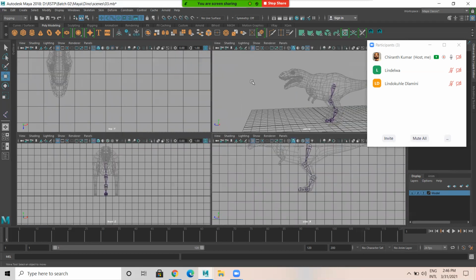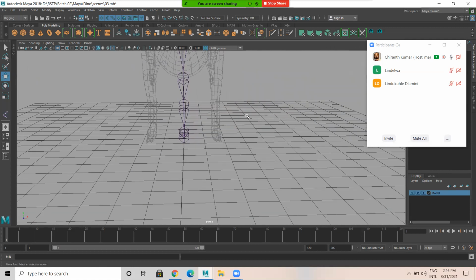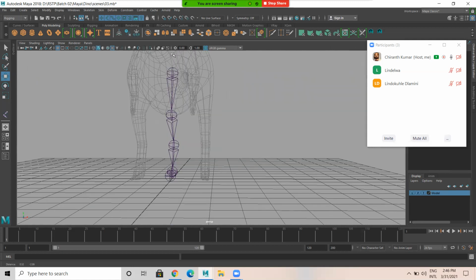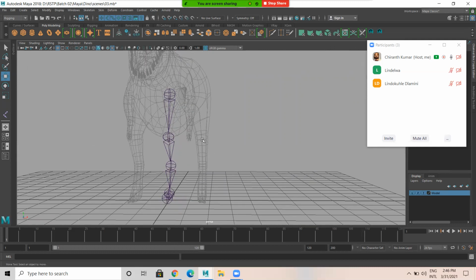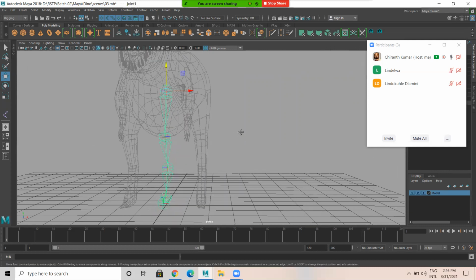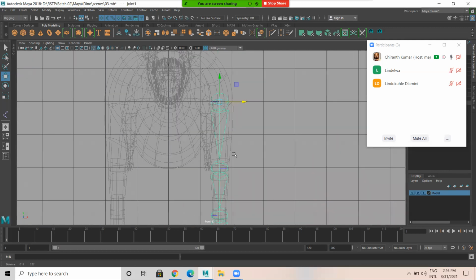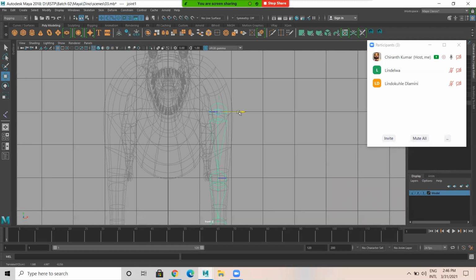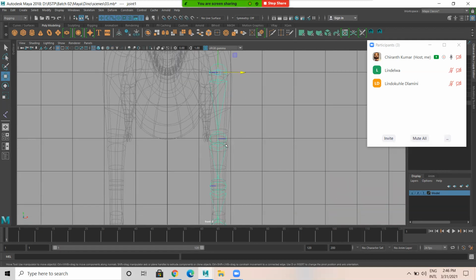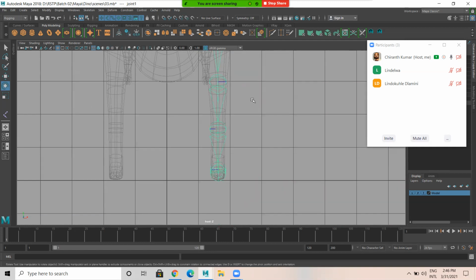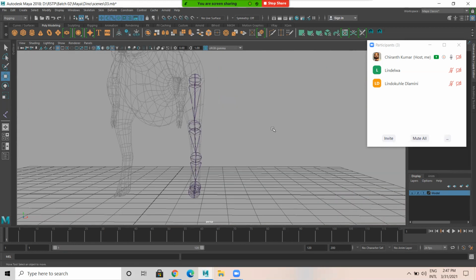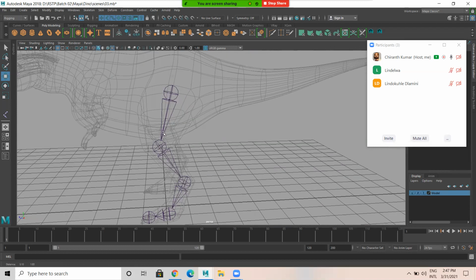Now what I'll do, I'll come to perspective. Now see, the joints when we create them are automatically placed in the center of the grid, but my character model is here. So what we have to do is select this and move this. Come to front view, you can see the position, place this here. You cannot move this joint. From here, select this. You can just rotate if you need the position. Then select this. Okay, I think it's fine. Now the placement of the joints is fine.